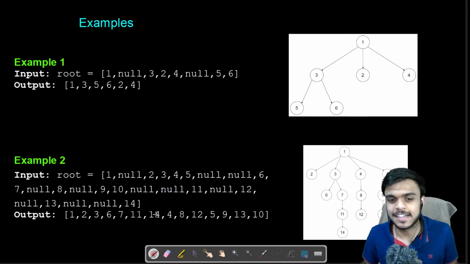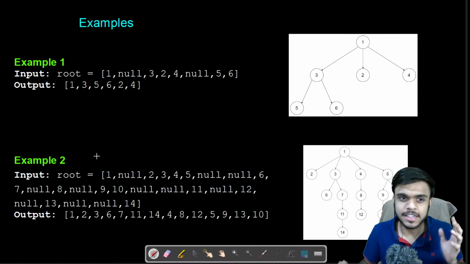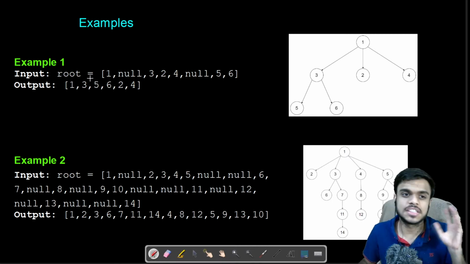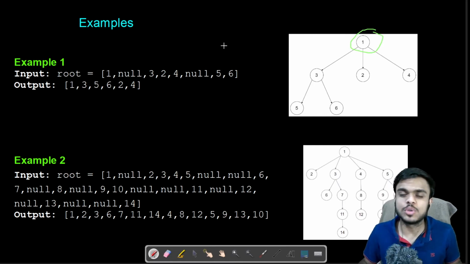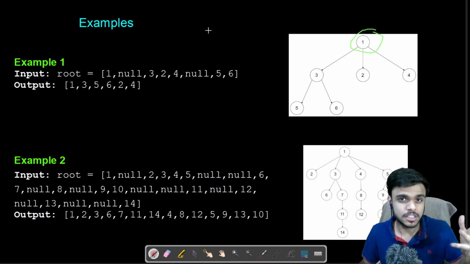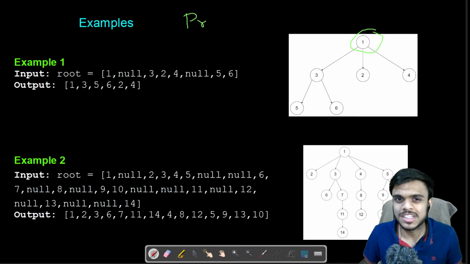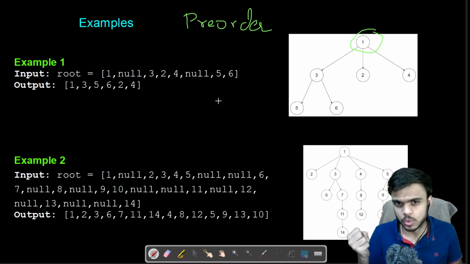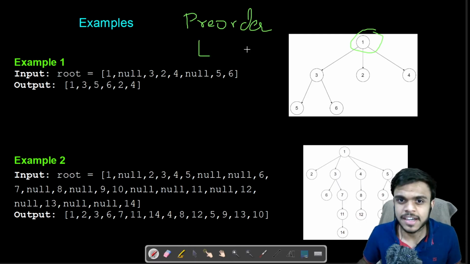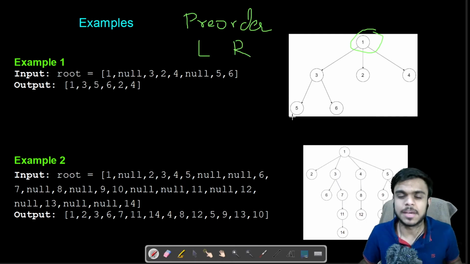So this is an n-ary tree and we do not have to construct the tree. It is constructed for us and we are just given the root element. So this will be given to us and we need to print or return a preorder traversal. So what is preorder traversal? Think of any order traversal from the perspective of the root. Its left and right sides won't change. They are always present in this order only.